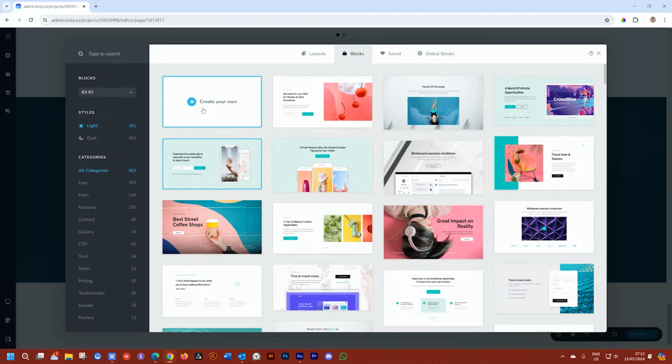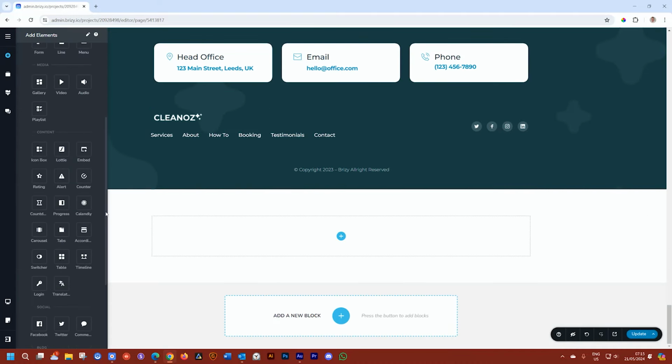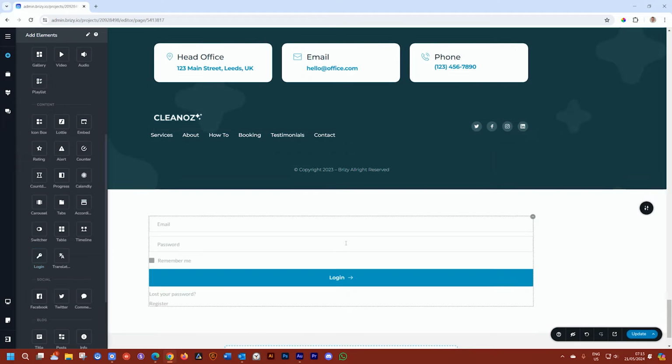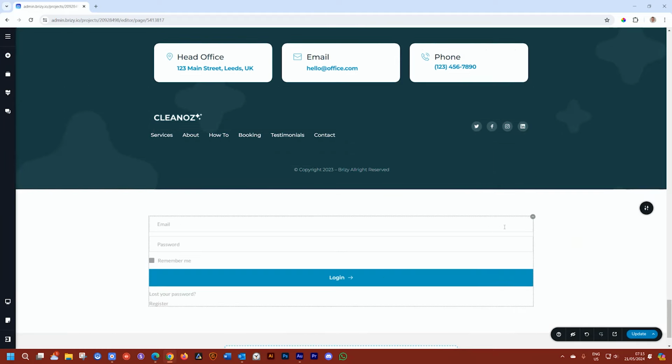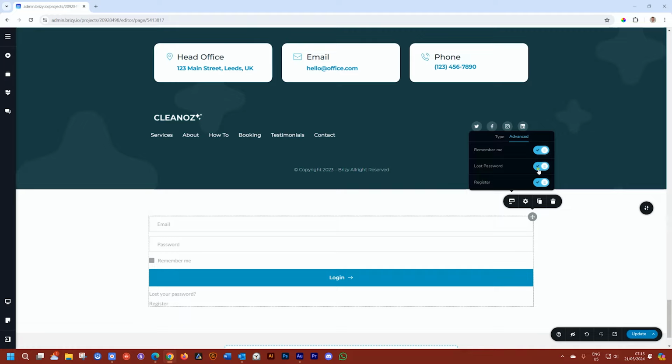Let's work with a new block so we can have a nice background. And we go to our elements, grab the login element and drag it in. There are a few features here. By default, when you bring in the login element on the left, you will see it is set to login. Note there's always an advanced option. You can disable some of this. If you don't want the remember me there, you can remove that. If you don't want the lost password or the register, I would think in most cases, you probably want to